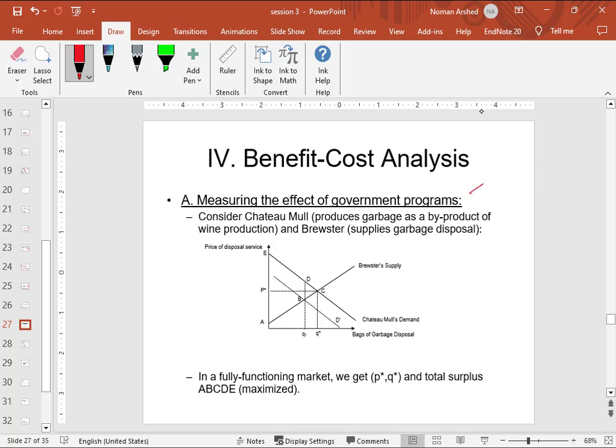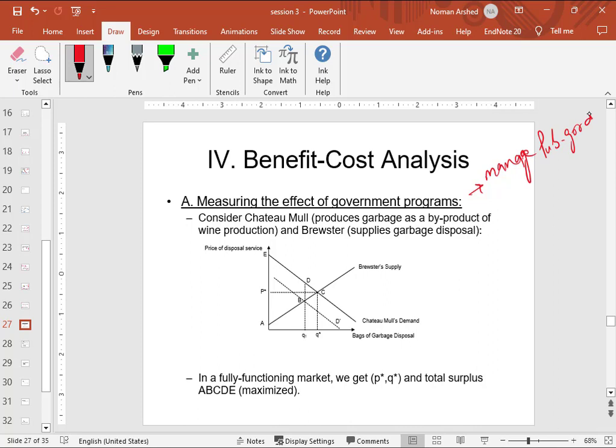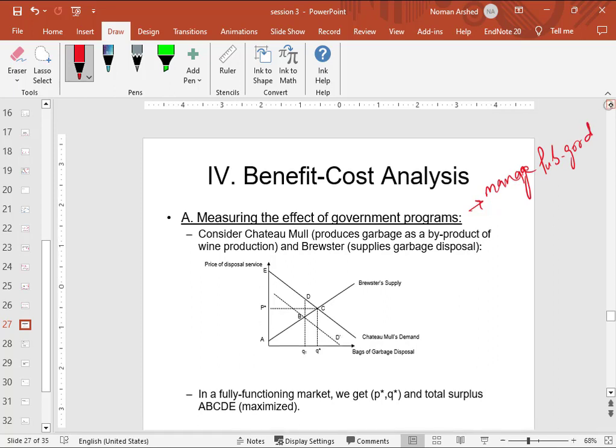If the government is trying to manage public goods, it becomes a supplier, taking responsibility to supply those. Now we consider Chatrimol, which